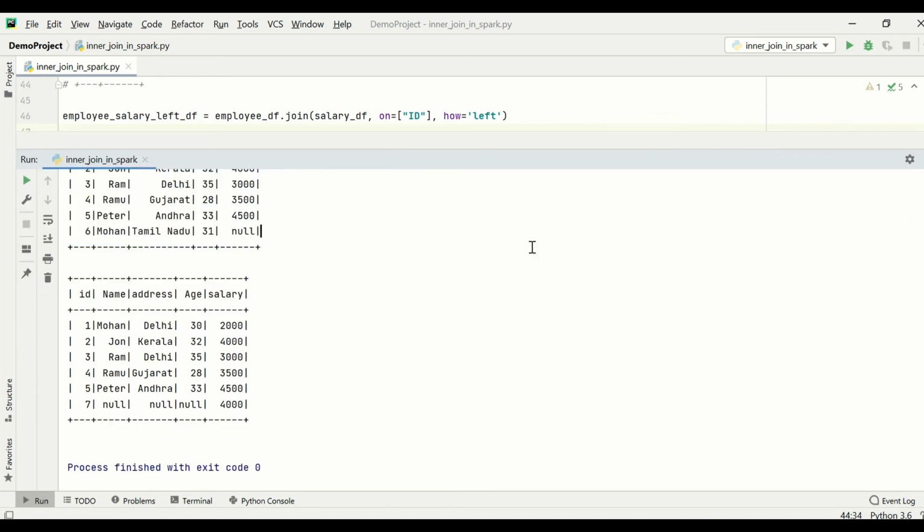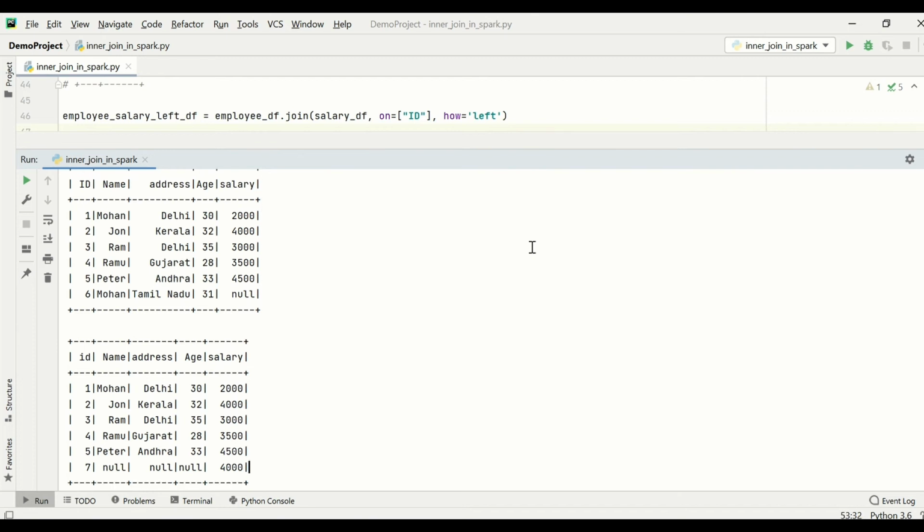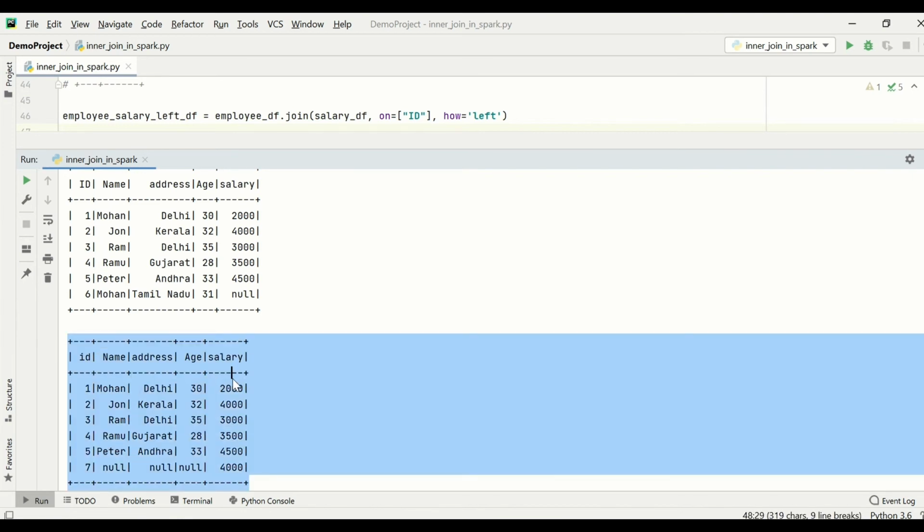Yeah, so the right join is more concerned with the right data frame. Whatever rows match the left data frame will be visible, but all the rows in the right data frame will be shown in the right join. So this is how the right join looks.